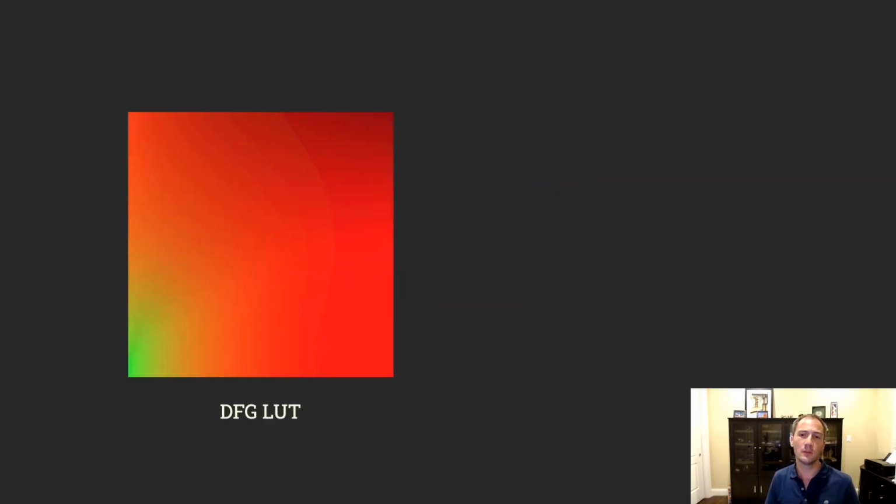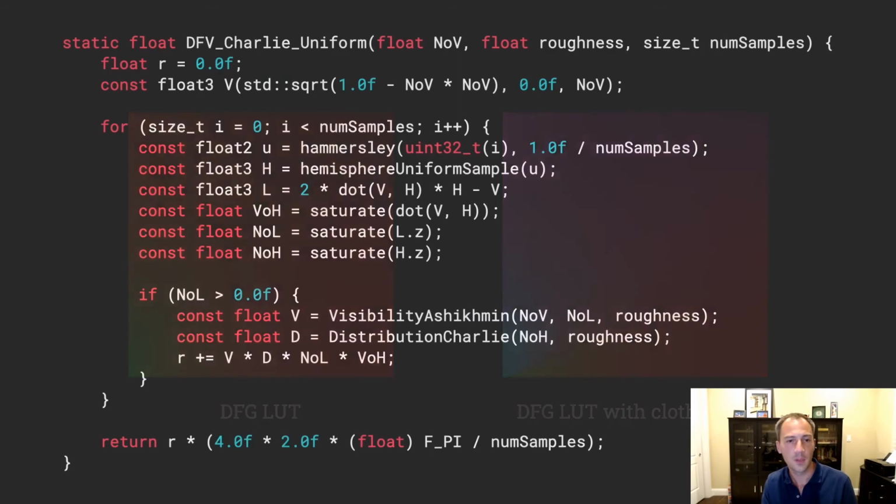However, because we use a different BRDF, we cannot use the DFG LUT as is. That LUT is computed for the regular Cook-Torrance BRDF, so it has a Fresnel term and a different distribution function. By the way, this is the single scattering LUT, just because you might be more used to that one, but our actual lookup table looks different because of the multiple scattering. If you remember the equation on the previous slide, there is no Fresnel term in that BRDF. That means we only need to add one extra channel to our lookup table to store that extra BRDF. Here I have reference code.